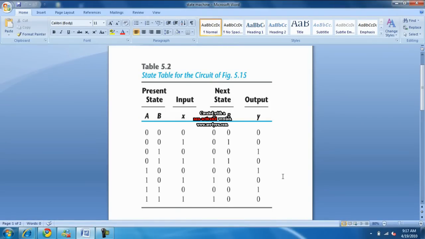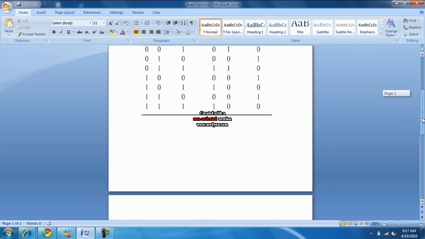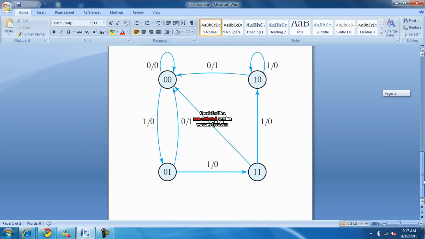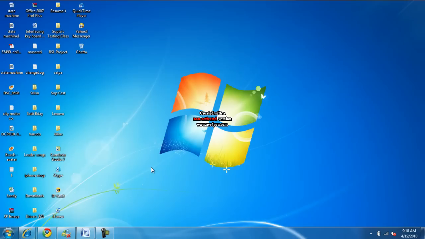This is a demonstration of how to use the state machine elements of the Quartus II software. As you saw, there was a state machine table, and this is a state machine diagram. And then you have actually 4 states here. Now we're going to show you how to use the state machine tool that exists with the Quartus II